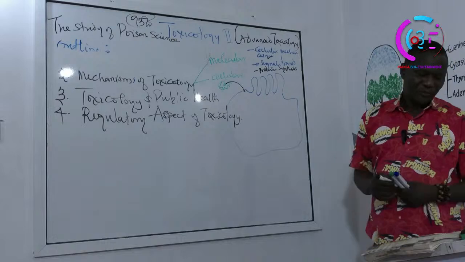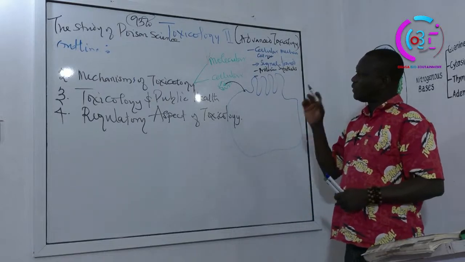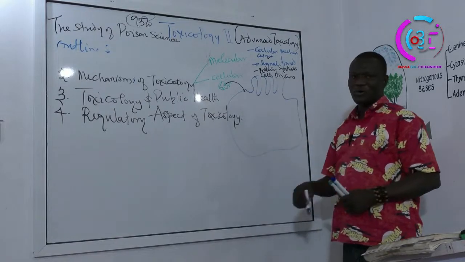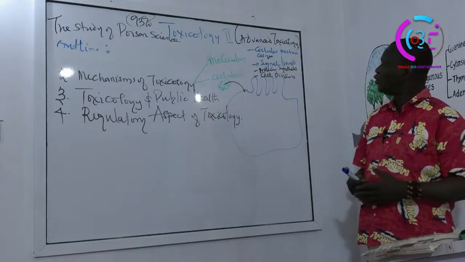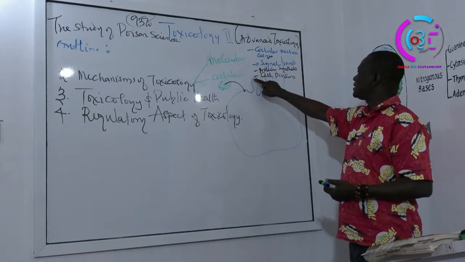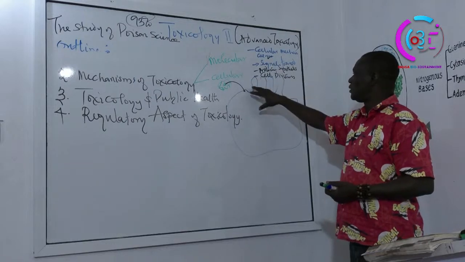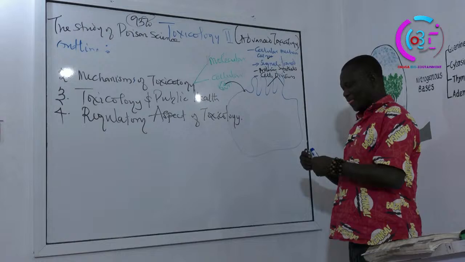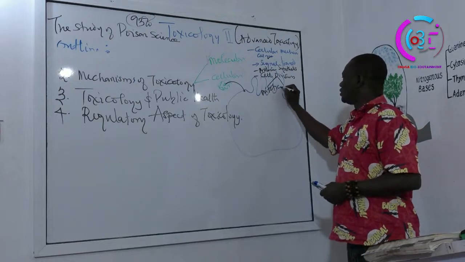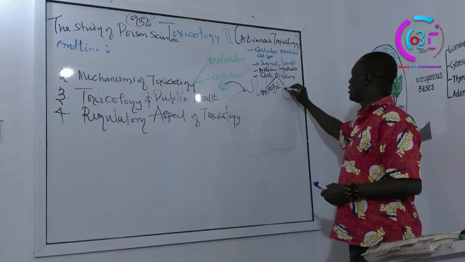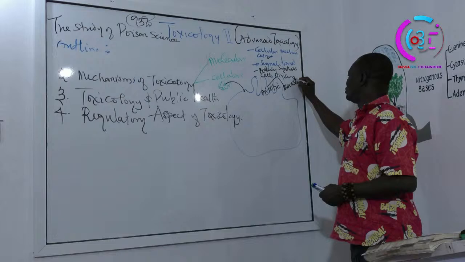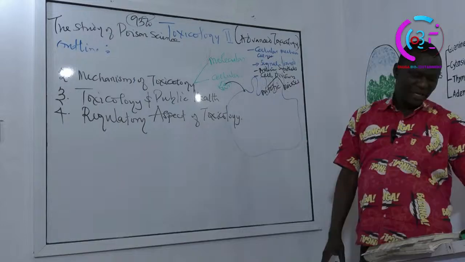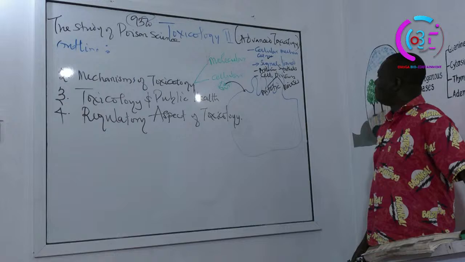Then apart from that, some of these toxicants can also alter cell division, be it mitosis or meiosis. So any toxicant that has its effect either directly or indirectly on cell division. Don't forget that there are two basic types of cell division: mitotic, which has to do with development and repair of worn out tissues, and meiotic, the one that has to do with fertilization. So anyone that involves any of these is regarded as a cellular mechanism